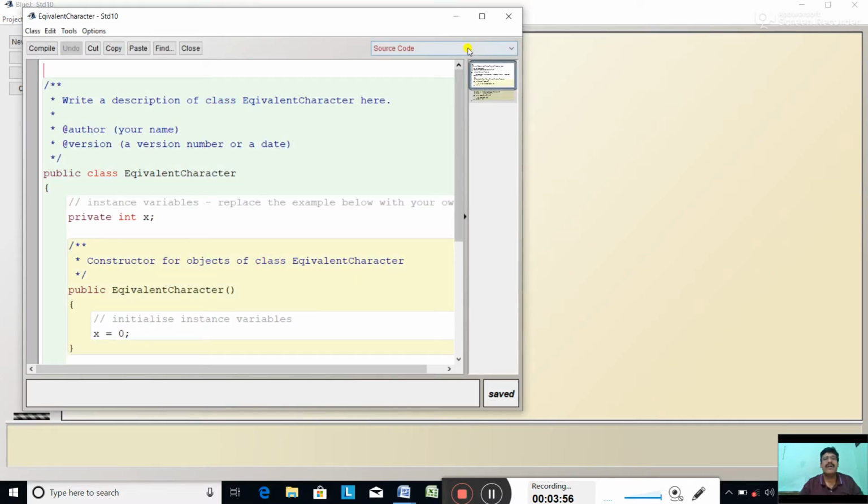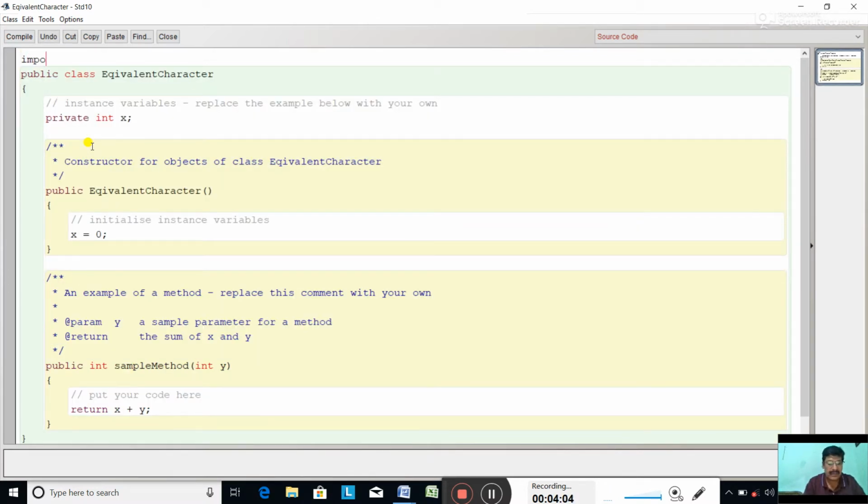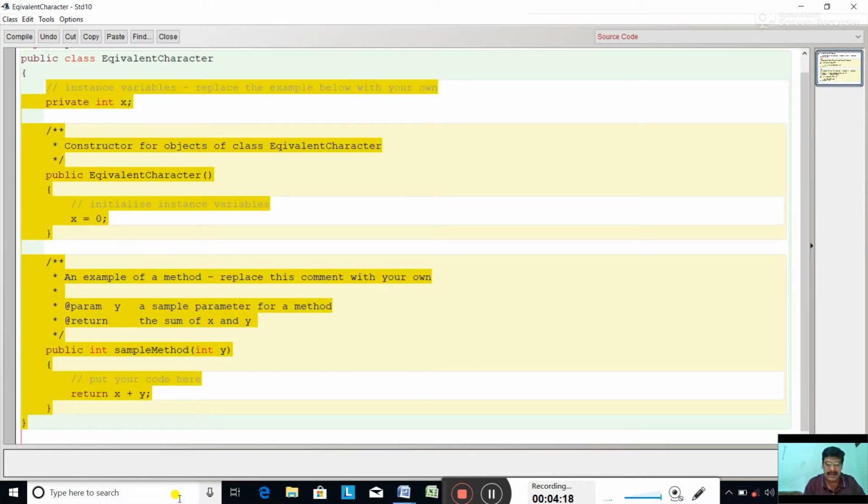Open it. First line will be the import line. So type that line: import java.util.Scanner; Now the main method: public static void main(String args), close.